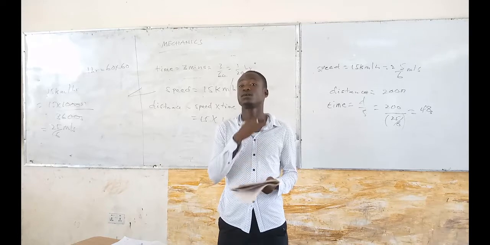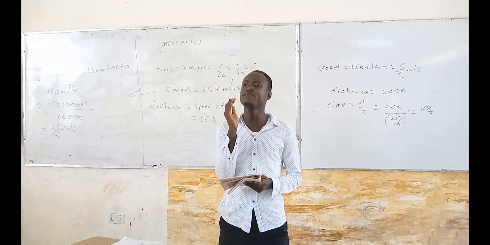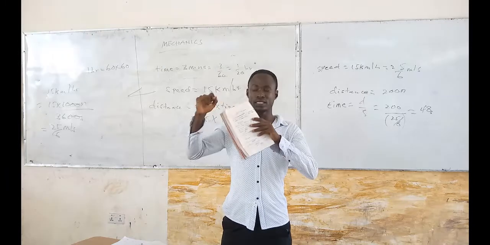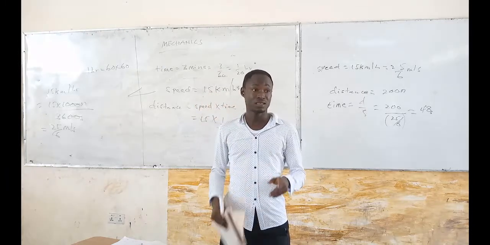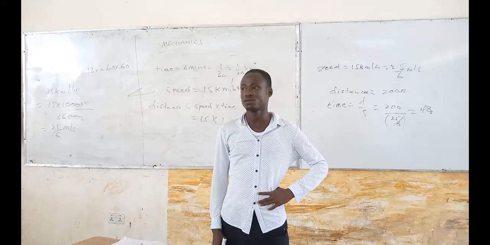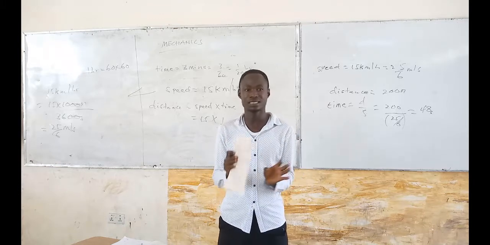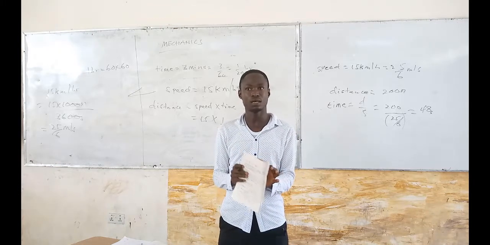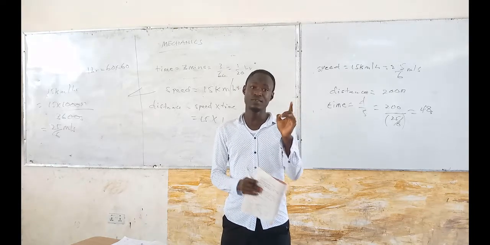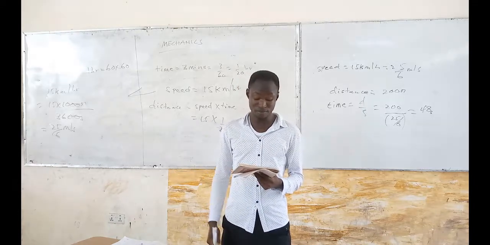Are there any questions so far on this one? So we are looking at speed, distance, time. We realize even if they bring a question on this, it will deal with how to convert one unit to the other. That one will make you work. So how to convert one unit to the other matters, kilometers per hour to meters per second. And always you have to check the time. If the time is in minutes, you have to be very careful. You have to consider all of them. They are very, very important.